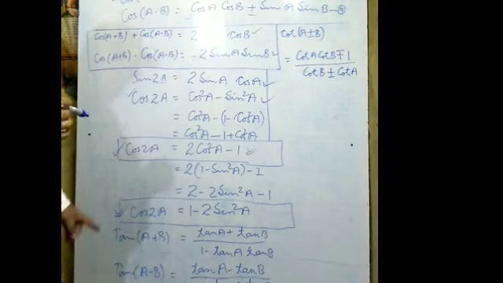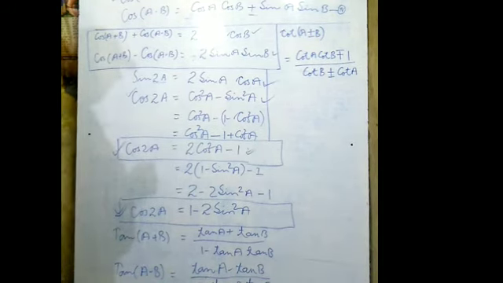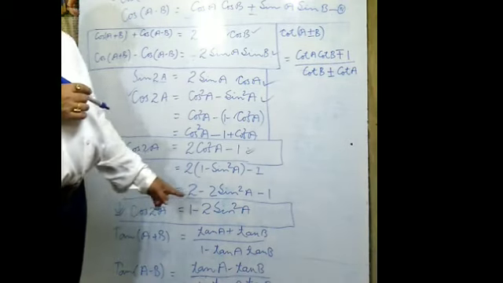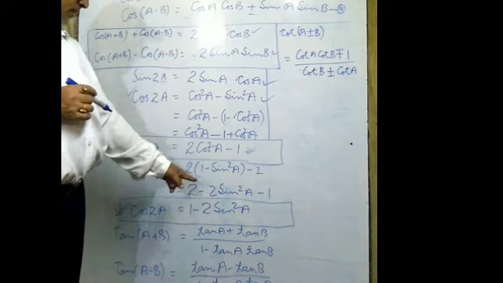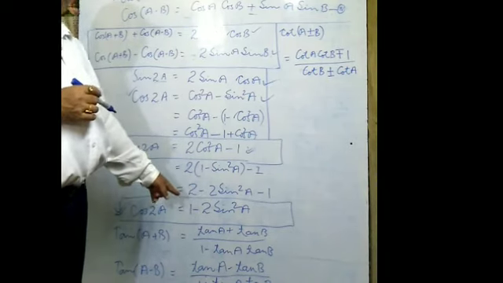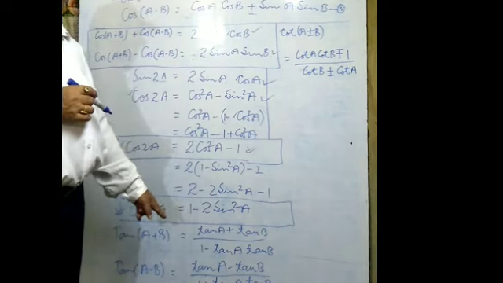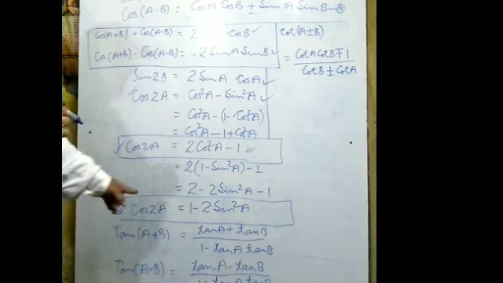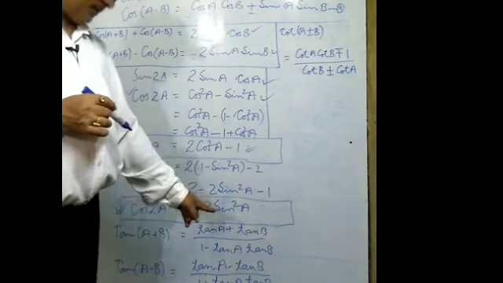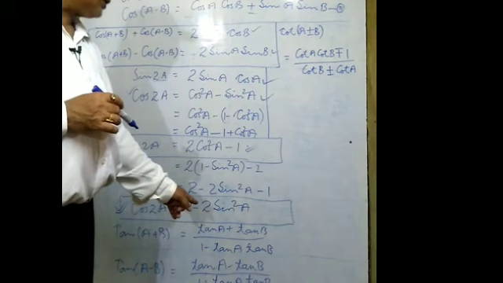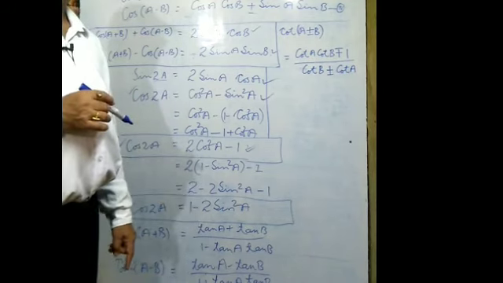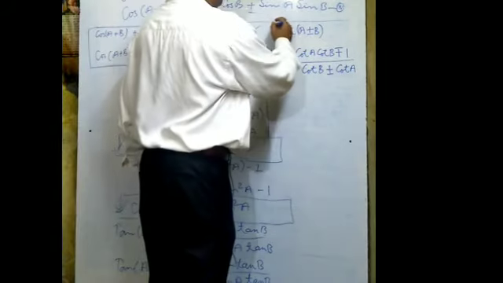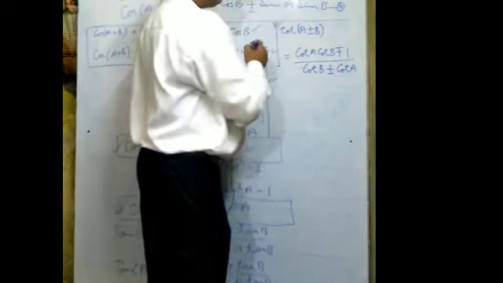Similarly, we can establish it for A minus B. Tan A minus B equals tan A minus tan B. Here it was plus, here it is minus. Where it is minus, it will become plus. See, just the reverse is there. So tan A minus B equals tan A minus tan B whole upon 1 plus tan A tan B. In this way, another identity is also to be revised here because sometimes it is needed.